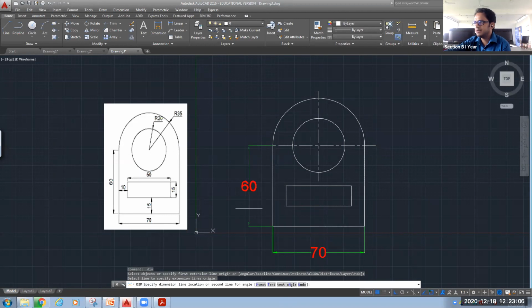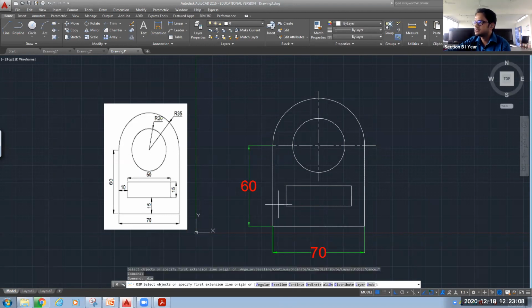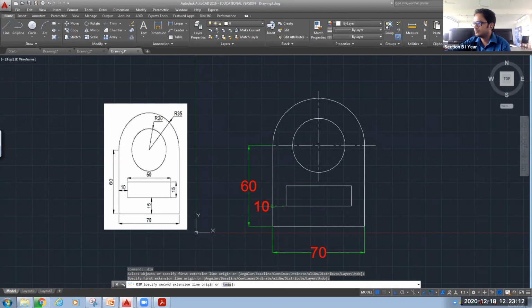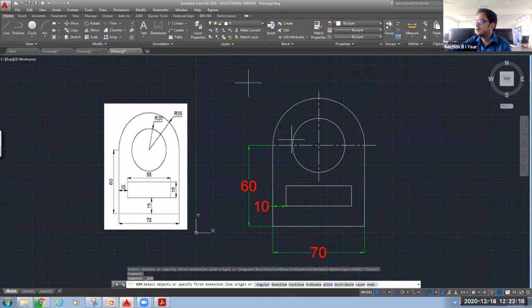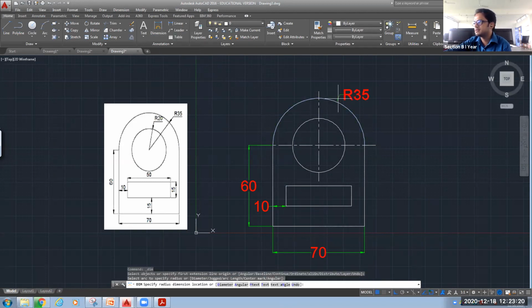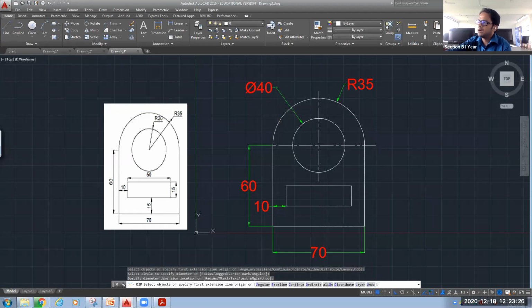Select this line, give the dimension. Select this line and you can give the dimension over here. Now, what else? You need to specify this radius. You need to specify this diameter. Okay. Now, the inside rectangle, we will give the dimension.